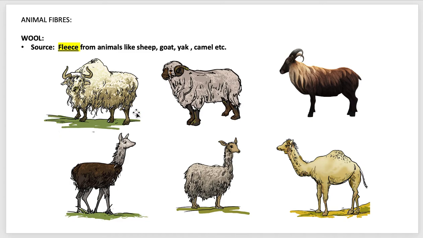Then there are certain types of goats, this breed of goats called the Angora goats. They are found in Jammu and Kashmir region. So the fleece that they obtain from there is called Angora fleece, and the wool that they get from Angora fleece is the Angora wool. Then in the desert regions, fleece is obtained from the camel, and in South America wool is obtained from llamas and alpacas.